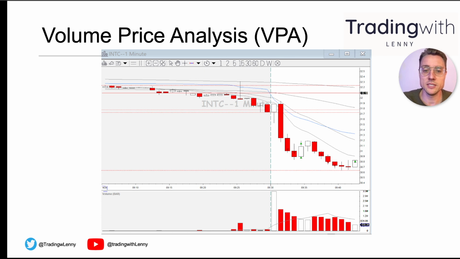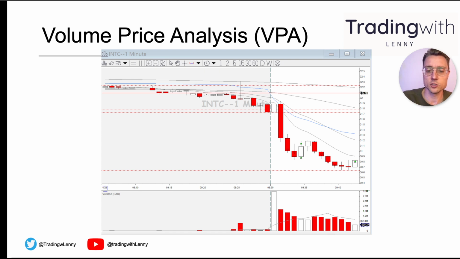So for example, here we see the chart. We see the 1 minute chart in Intel. Here we see the price action. You see the first candle of the first minute, the second minute, and the third minute, etc. Below, we see the volume. First candle, 3.3 million shares traded. Second minute, 1.6 million shares traded. We also see